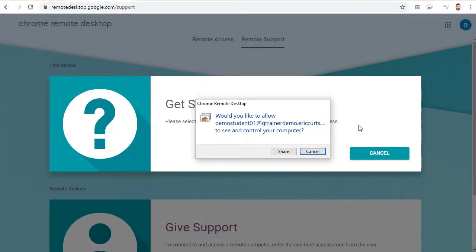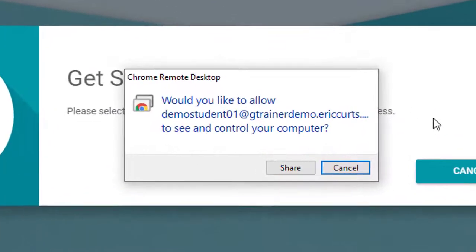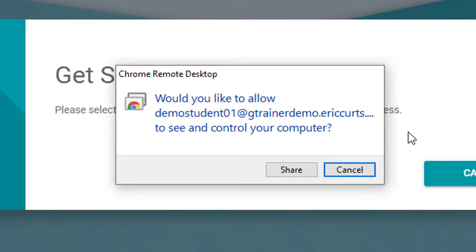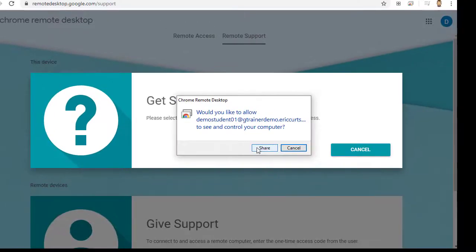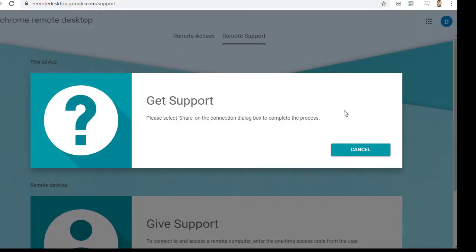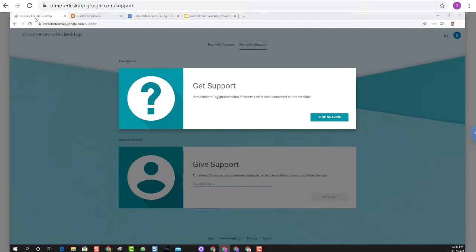Now we will switch back over to the teacher view and you will see a pop-up window asking you to give permission to share control of your computer with the student. Click Share to give permission to the student. Now we can switch back over to the student and we'll see that the student has control over your mouse